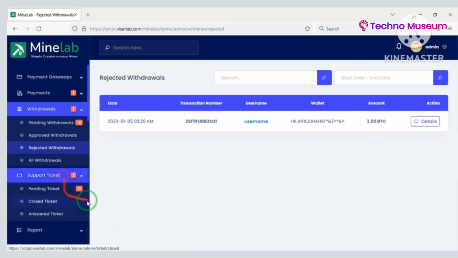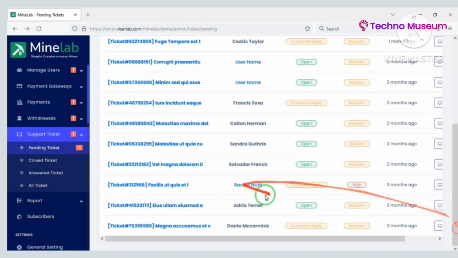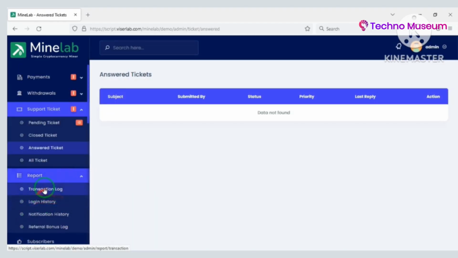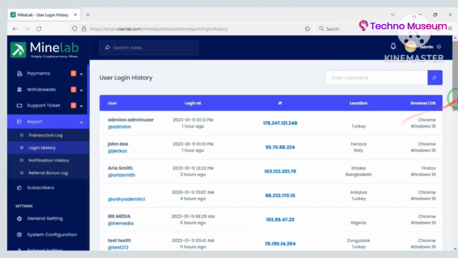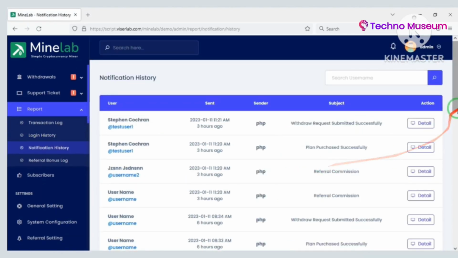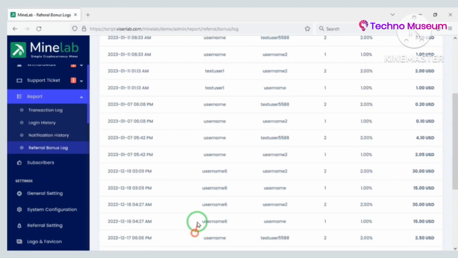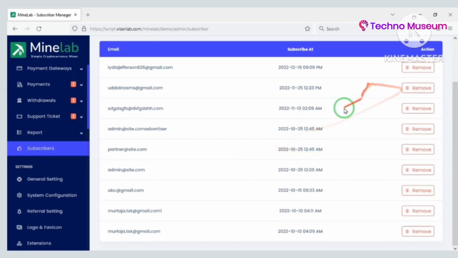You can also provide replies to user support tickets. Moreover, you can see various reports on the website. You can see the subscriber list of your website.